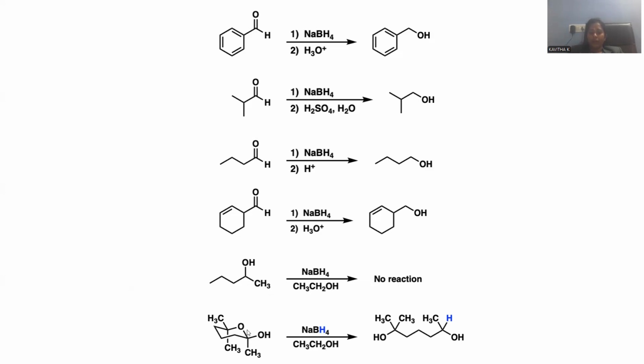I'm taking another compound that is a kind of hemiacetal form, a cyclic lactone-like compound. Here is the hydroxy, here is the methyl, here is the methyl, here is the methyl. This is a kind of ether linkage. Sodium borohydride works upon this ether and is able to open up the ring structure.